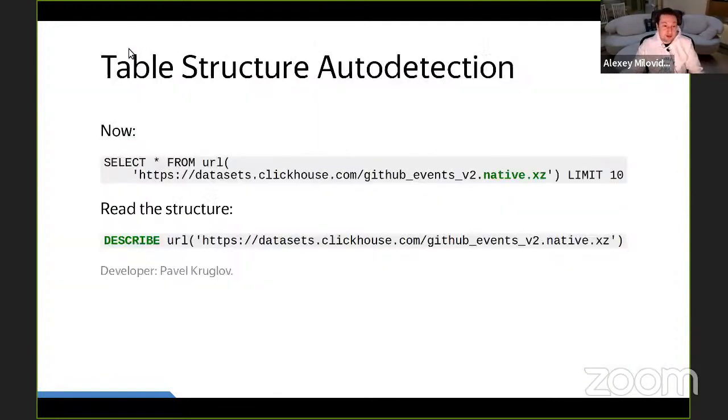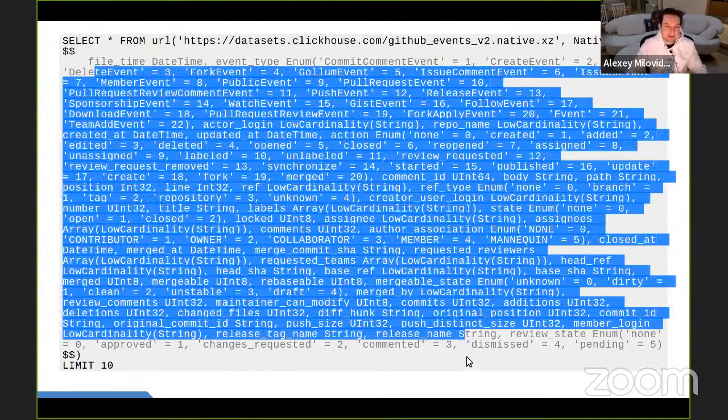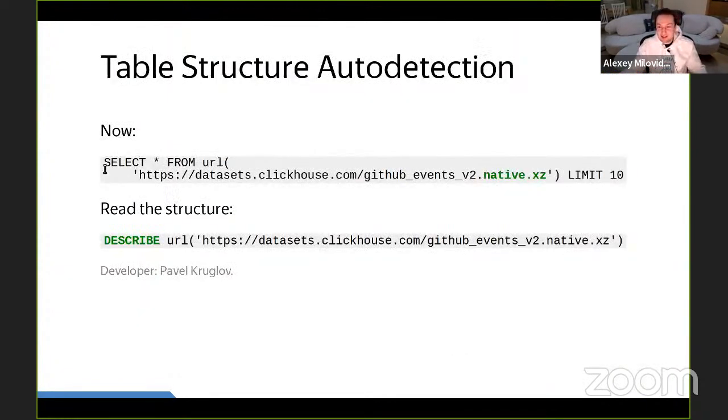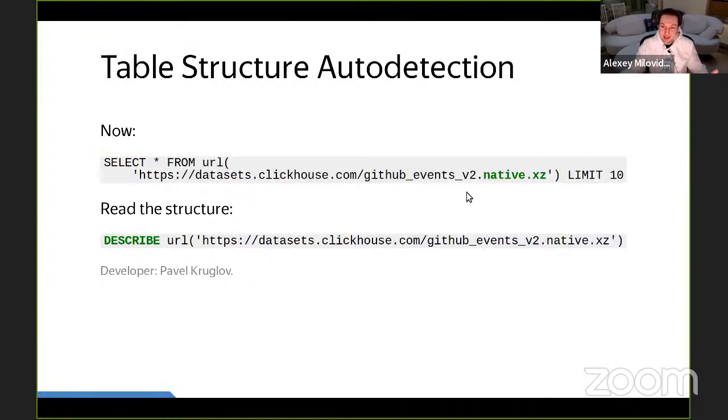Now it is much more simple. You don't have to write all this. Just write it like this: URL and the URL, and nothing else. Just one line. Data format will be automatically detected. Compression will be also automatically detected. And data structure will be automatically detected.